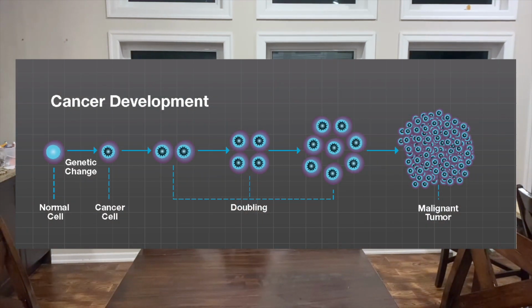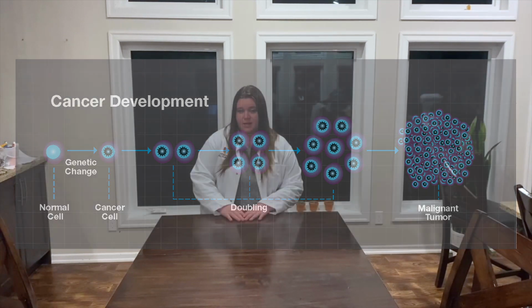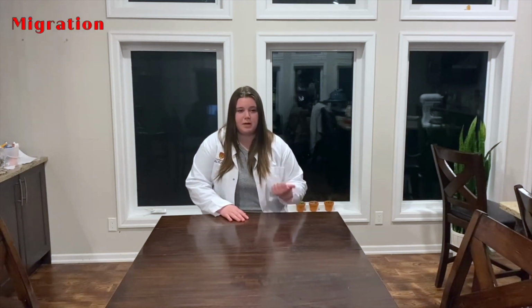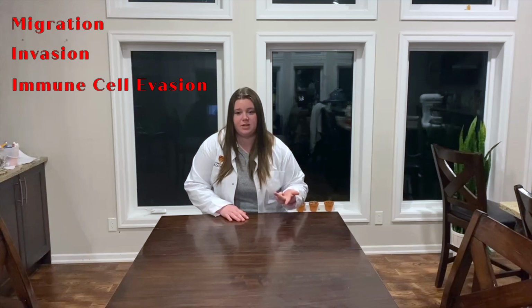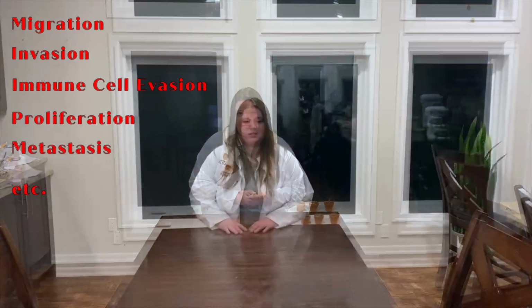One specific consequence of altering the gradient of calcium between the inside and outside of the cell is the development of cancer. This can be caused through an overexpression of calcium channels or through an underexpression of calcium pumps, which will increase intracellular calcium levels, increasing calcium signaling. Cancer cells rely on this increase in signaling to carry out several functions: migration, invasion, immune cell evasion, and proliferation. Specific calcium channels and pumps may be related to specific functions that cancer cells carry out.